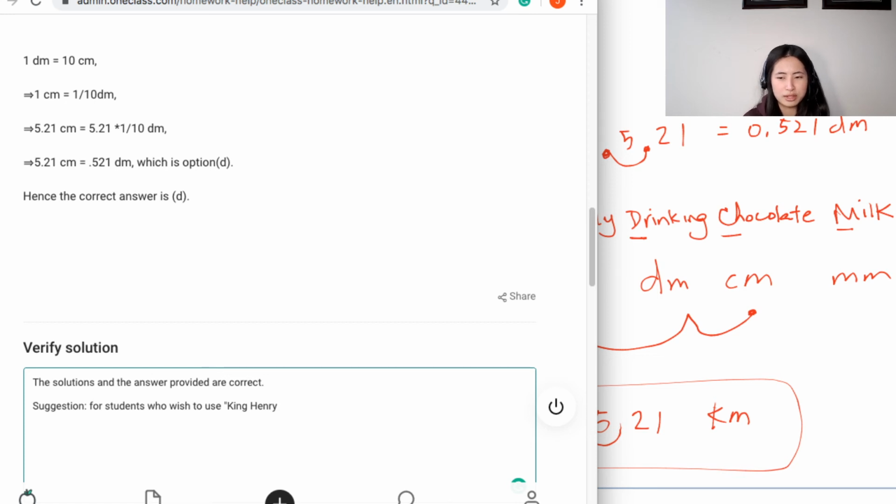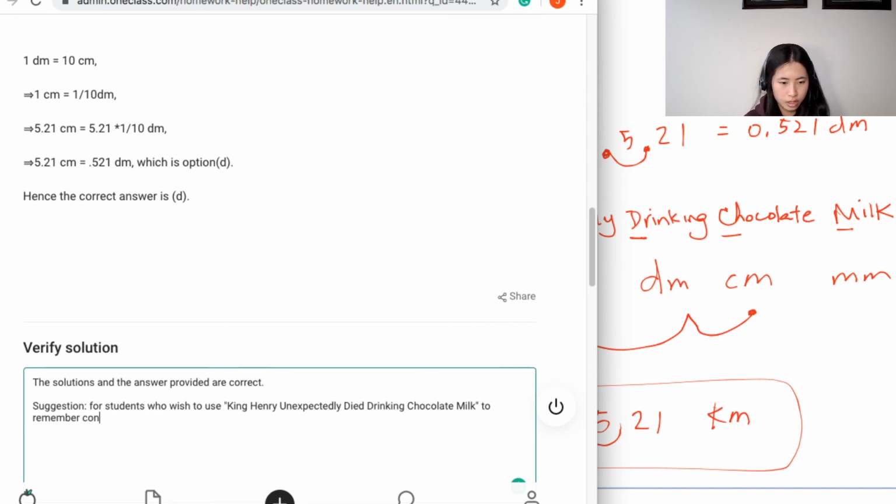You can probably use a different mnemonic. It doesn't have to be King Henry unexpectedly died drinking chocolate milk. Does that make sense? So it doesn't have to be the same one, as long as it's something that matches what we have. That's fine too. For students who wish to use King Henry unexpectedly died drinking chocolate milk, to remember